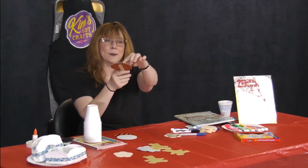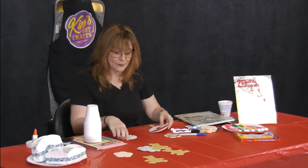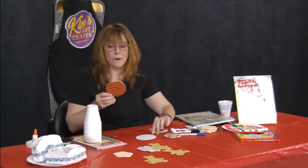Yeah, there's a little Pokemon in there. And then you get to catch them, because that's what you do, you catch them in the ball. You start out with the circle, and you cut that out. Then you fold over